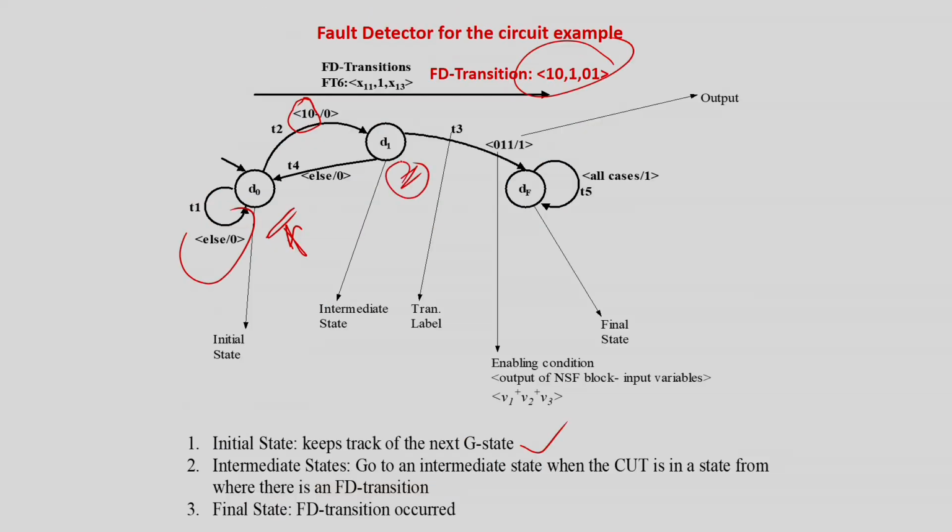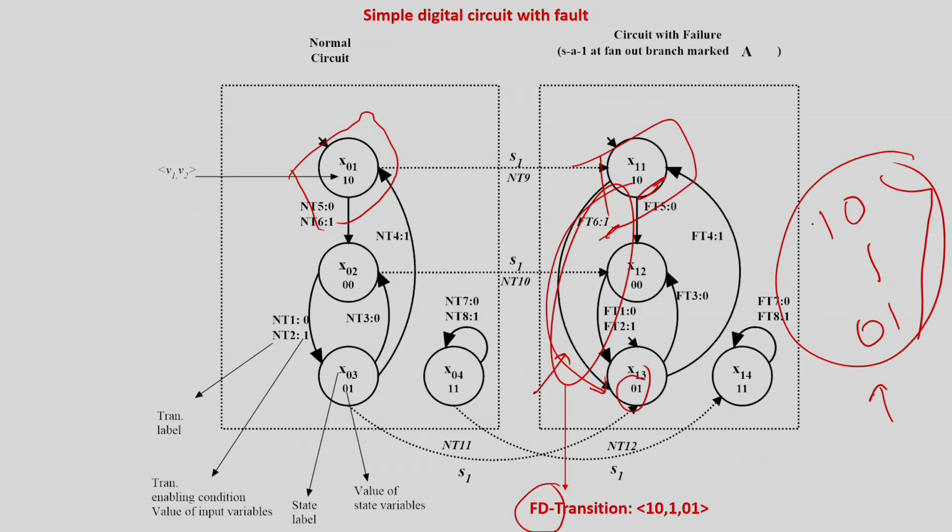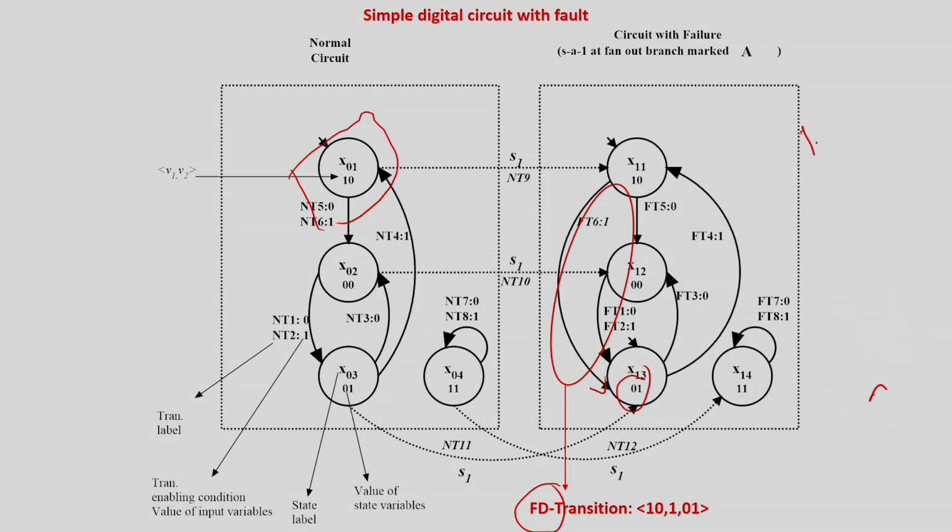Then it goes to the intermediate state. And in the intermediate state, what is it going to study? In the intermediate case, it has to study that if the input is 1 and the next state is basically 0 1, that is the error. If you look at it, this is the error. Let me clean it for you. Next state, this is the error: initial state 1 0, input is 1, the next state is 0 1. So first it has tracked that the circuit is now going to be in the state 1 0. Next, the tester has to find out that the input is 1 and the next state is 0 1 instead of 0 0. In the normal case it should be 0 0, but for the fault case it has come to 0 1. This is what is actually going to be tracked.